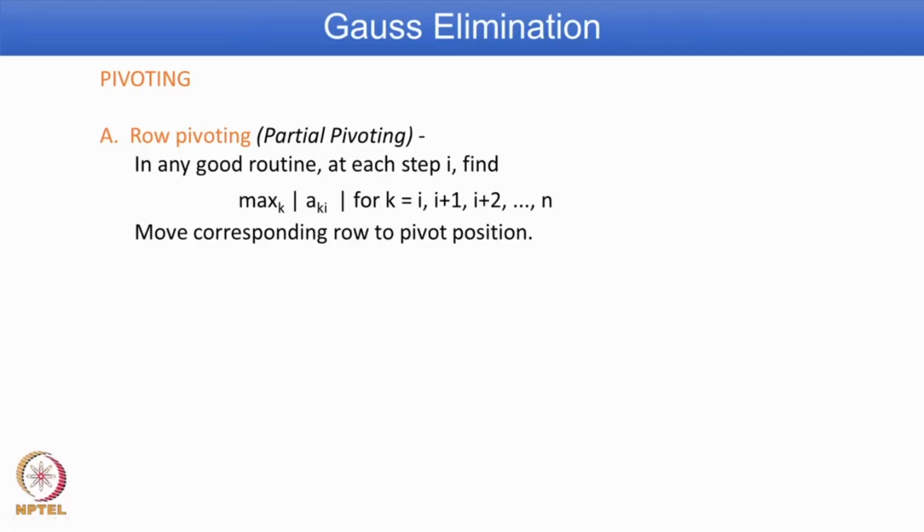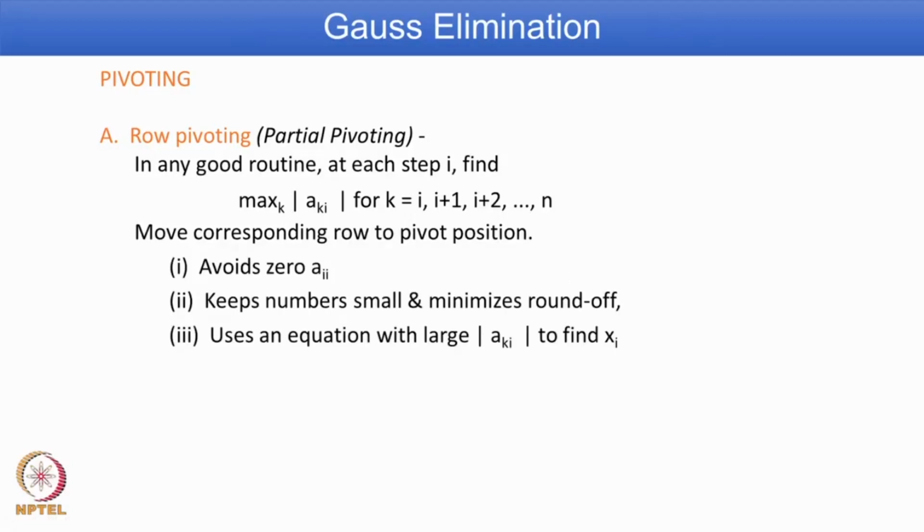So, move the corresponding row to the pivot position. It avoids any 0 element, because you are finding the maximum value and 0 is automatically avoided, and that helps to avoid the dividing by 0 error, and it keeps numbers small and minimizes round off error,